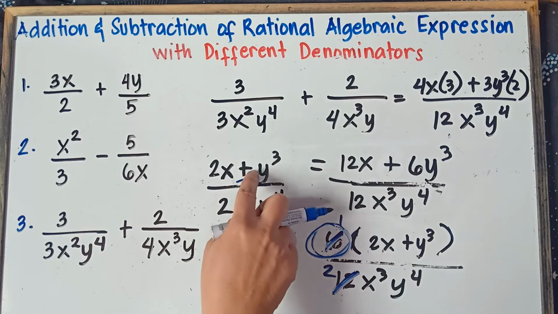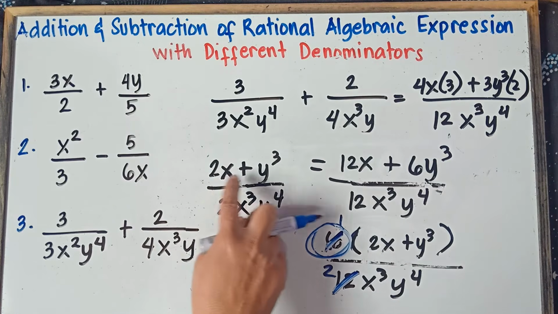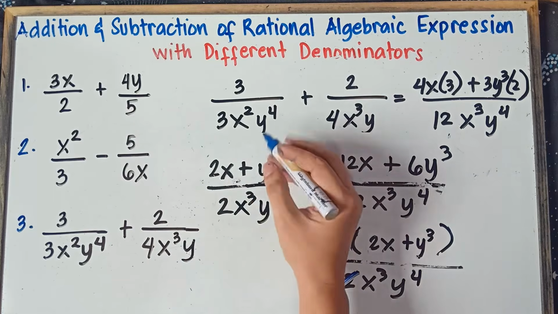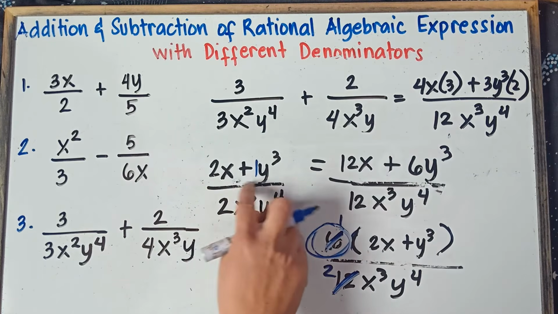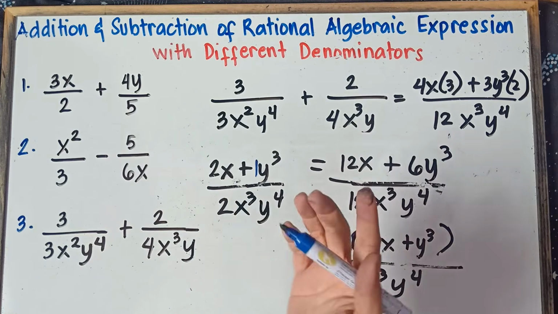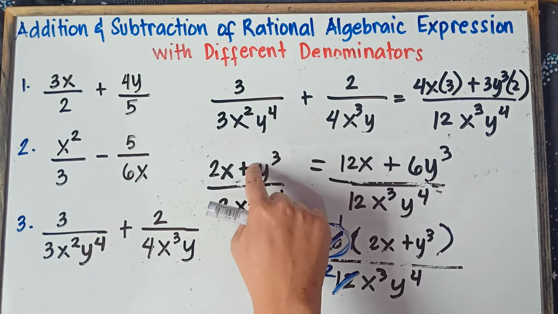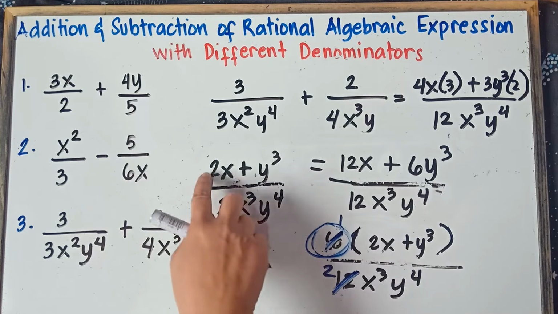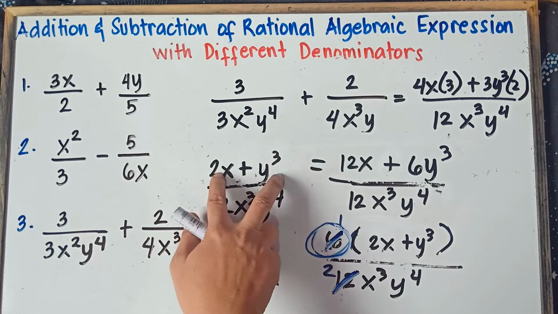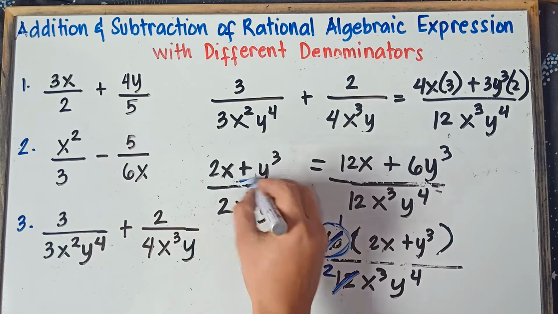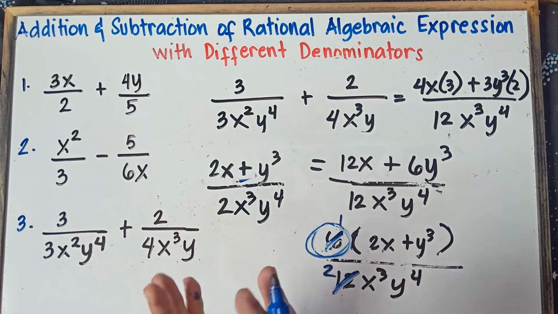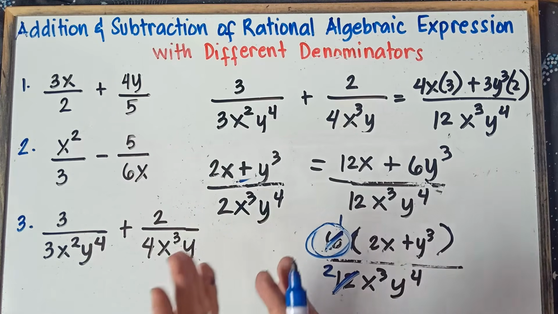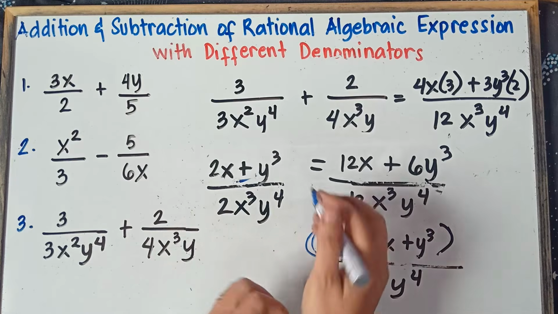Now, in this scenario, class, we cannot factor out 2x and then y. Understand that there's a 1 here. The greatest common factor of 2 and 1 is only 1. So, therefore, we cannot factor out the number. For x and y, different letters, we can never factor this out. That's why you can never divide this one, because this is binomial, this is monomial, and you have a plus sign. So, therefore, this will be our final answer, class, with regards to example number 3.